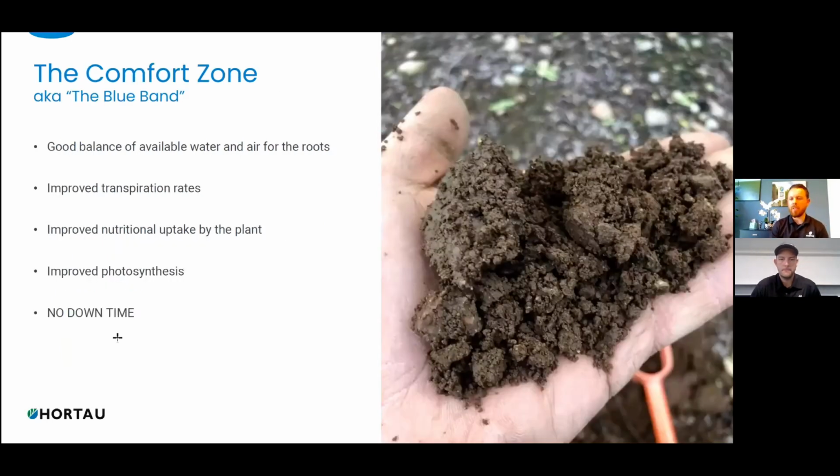Now, when we get into the blue band, yes, there's readily available water. We can create a ribbon, but we're also seeing pore space. With that adequate balance, we're improving transpiration rates, and we're also improving nutritional uptake. We just don't have any downtime. And it's where precision irrigation comes into the point of, when do we start to get outside of this comfort